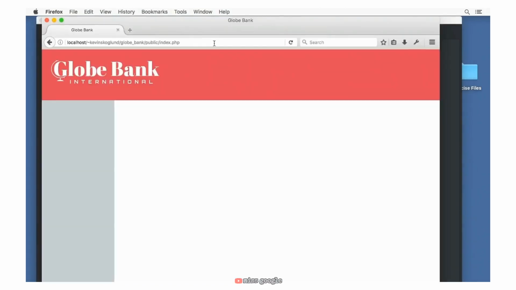because then we can go into a browser. You can see I already navigated to localhost. And then for me, I use tilde and then my username, Kevin Skoglund, and then GlobeBank for the project and public. Then that locates that index.php file. So now we can load up the page and see what it looks like. And you see it's got the logo up here at the top. And then we have a place here for our navigation and a place over here that's going to hold our